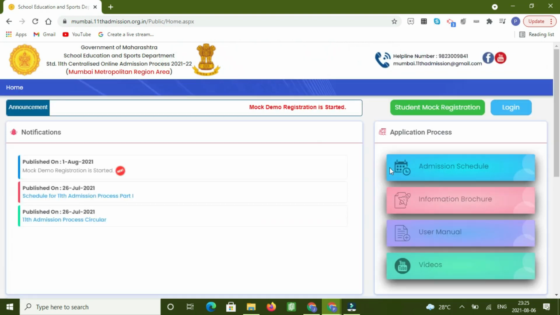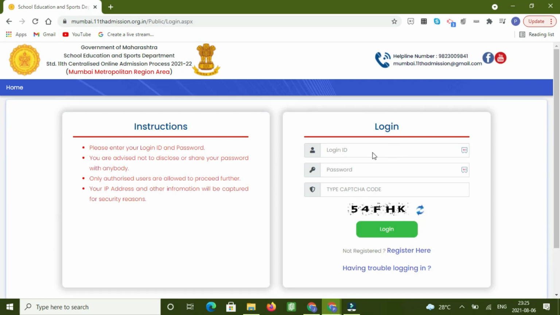If I want to log in again, I can click on the login button over here and use the same application ID that I have got. The password is the same because I haven't changed it. Again, I enter the CAPTCHA code and click on login.